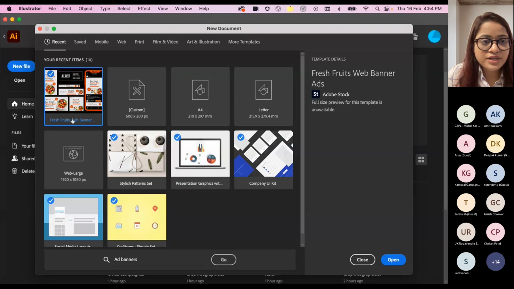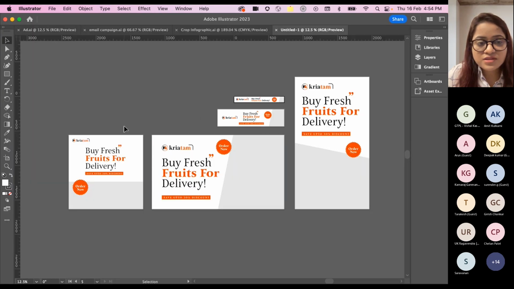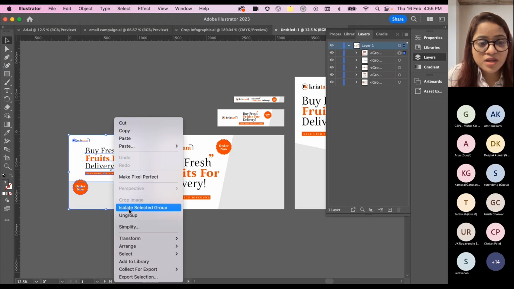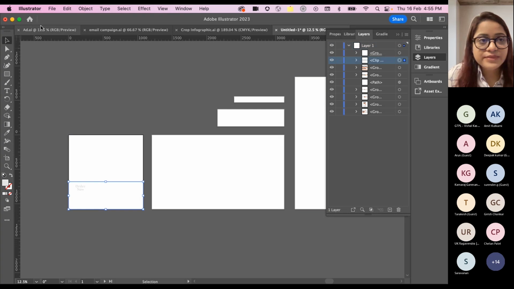Here I have already downloaded this web and food banner, so let me show it to you. This is the ad, and if I want to edit it, you could see in the layers the entire thing is grouped properly. So maybe I just want to put some images into this ad. All I will do is come over here. This is my clip group, just release it, and then